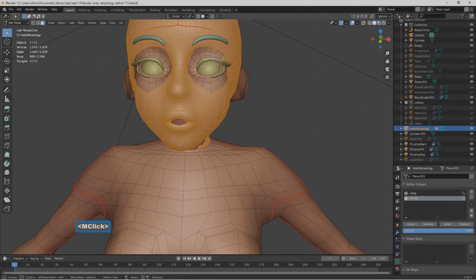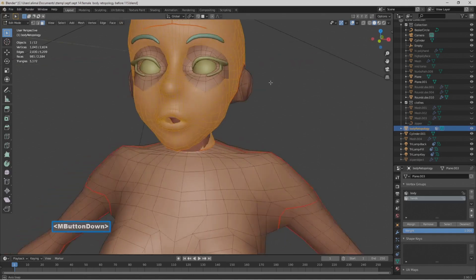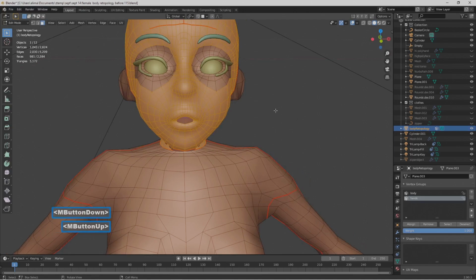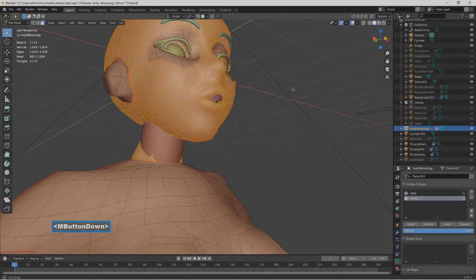How do I know to do this? Because of practicing, basically. I have an idea of what needs to be done. So with that selected there,